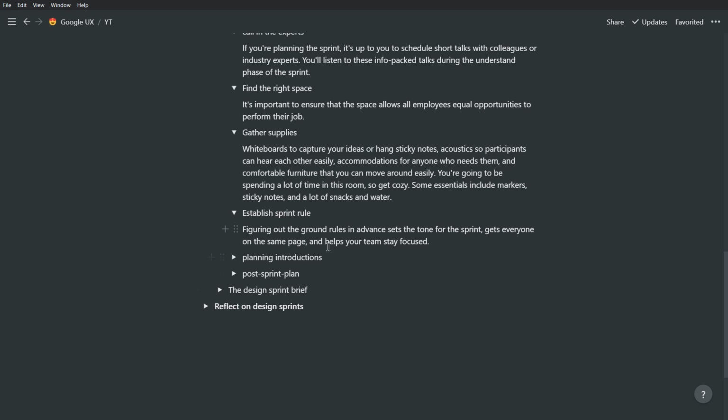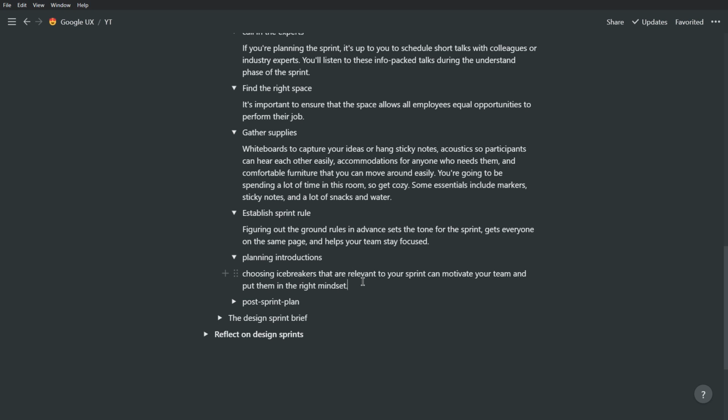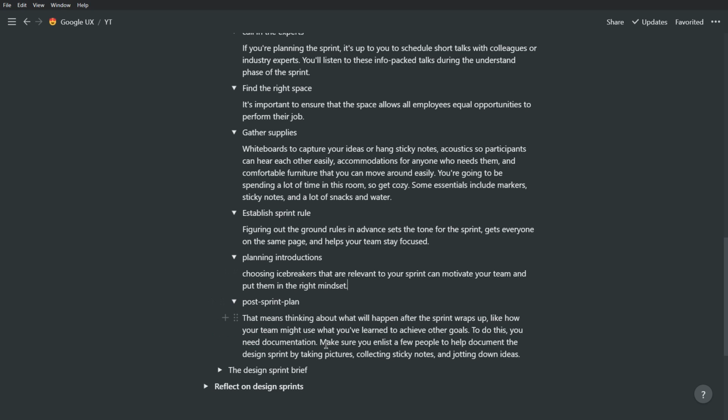Establish sprint rules. Figure out the ground rules in advance. It sets the tone for the sprint, gets everyone on the same page, and helps your team stay focused. Planning introductions. Choosing icebreakers that are relevant to your sprint can motivate your team and put them in the right mindset. Post-sprint plan. That means thinking about what will happen after the sprint wraps up,